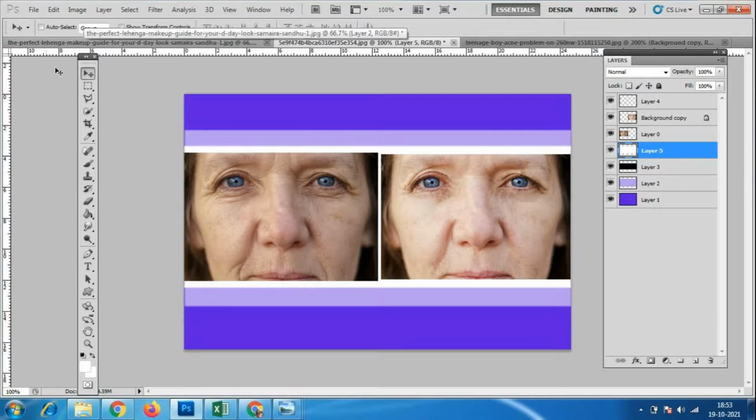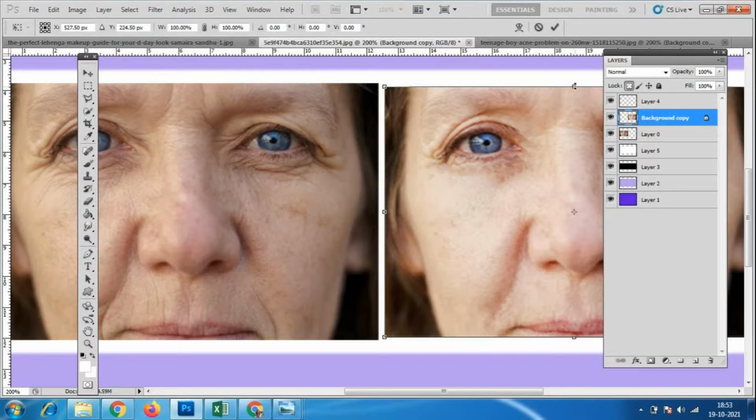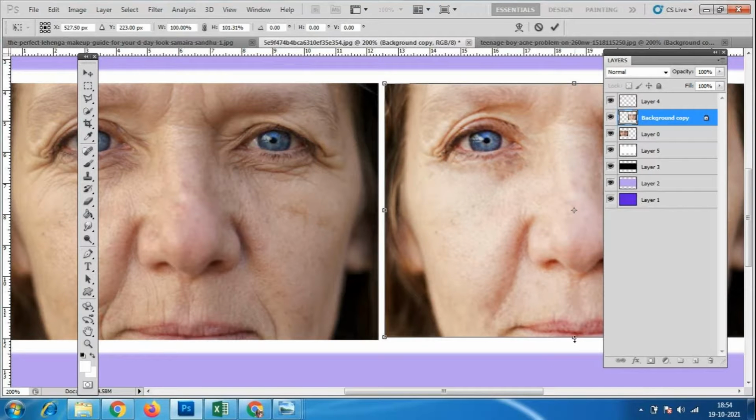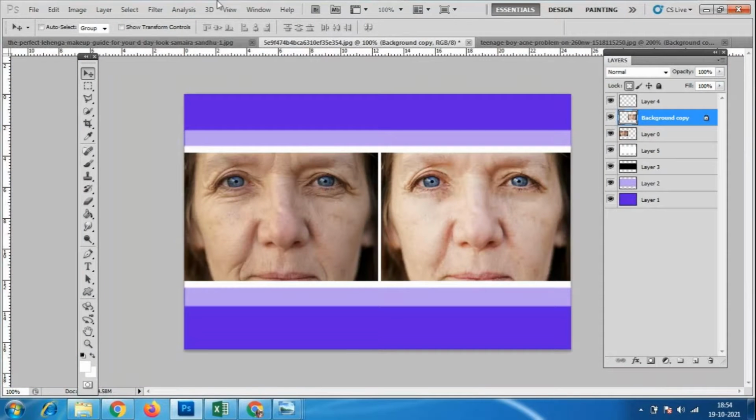Okay, so like this I have to do the changes, and zoom in and check which is the bigger and which is the smaller image. Try to match both the images together. Okay, so like this you can do the changes. Before the wrinkle removal, the image is like this, after the changes it is like this. Is that okay everybody? Anybody having any doubt?